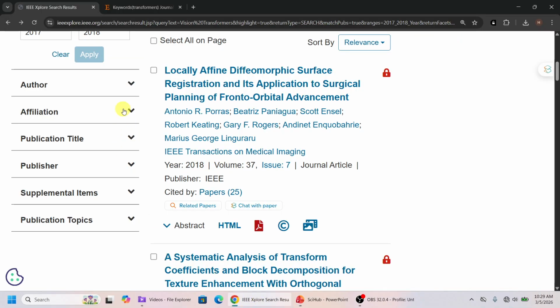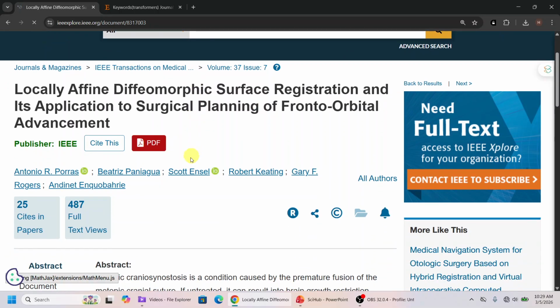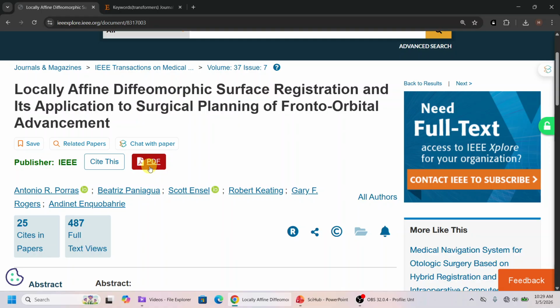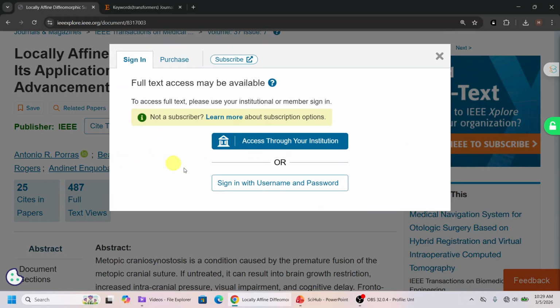So let's go to one of the papers that we want to access, that is locally affine diffeomorphic surface registration and its application to surgical planning of frontoorbital advancement. This paper has been published in IEEE and the volume and issue are stated over here. Let's click on this paper. And once we click on this paper, there is a button over here which shows the PDF. But as soon as I click on this PDF, it shows that the full text may not be available without any subscription, and I have to access this paper through my institution. So let's go back to the link,